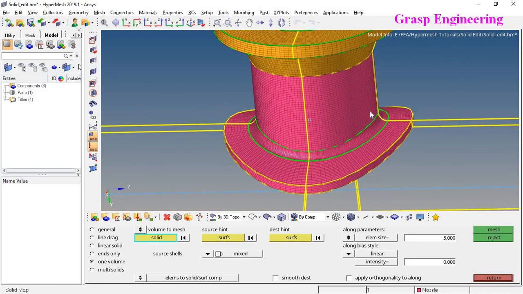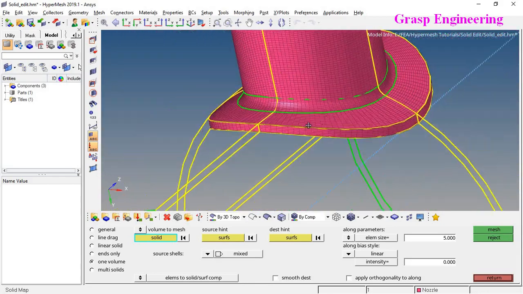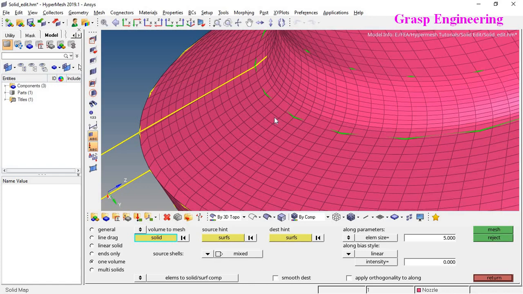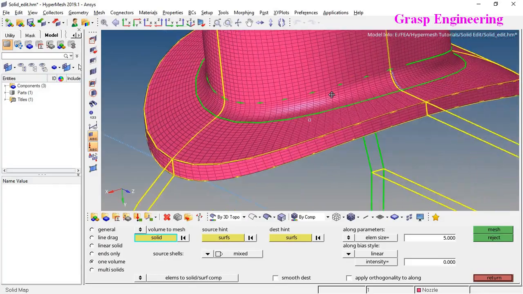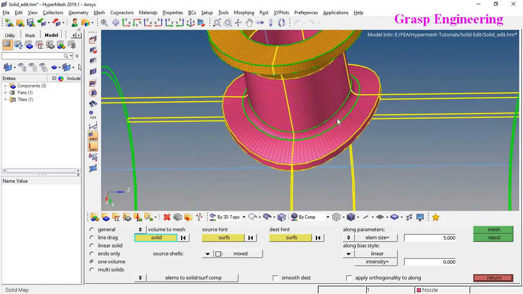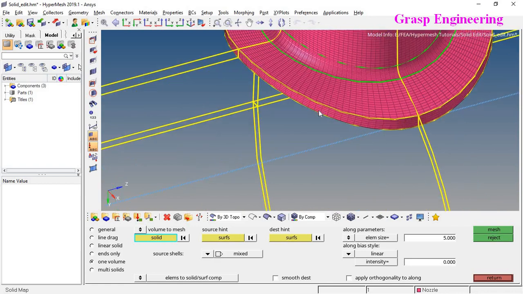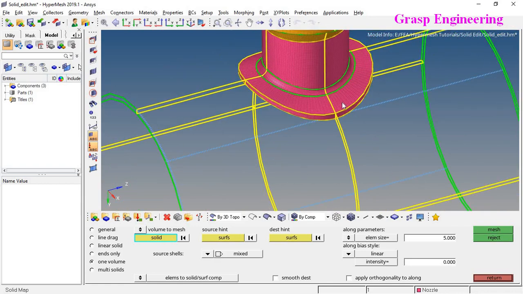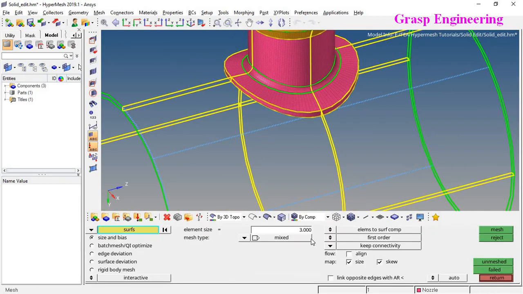Now you can see that we created a good amount of mesh, and you can see how the transition is happening. This is called the hex dominant mesh. Now what to do for the remaining faces? For these remaining faces, you can even extrude this face and create patches like that in order to get a good mesh, or else you go to 2D auto mesh and make it 5 and do it step by step.